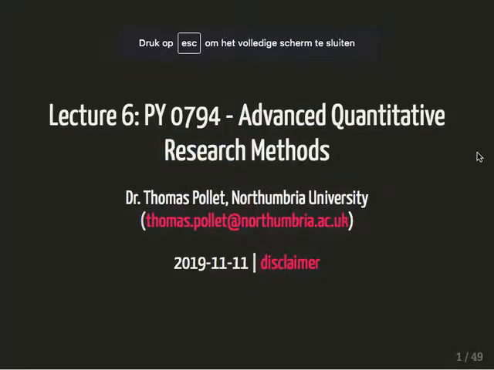So we're in week 7, but lecture 6. Last week was the time to catch up with your exercises. And I'm not sure who looked at Swirl, but it was also the time to look a little bit at how to do more advanced things in R and how to use Swirl to do those types of things. Because I will only give you the highlights, so to speak,